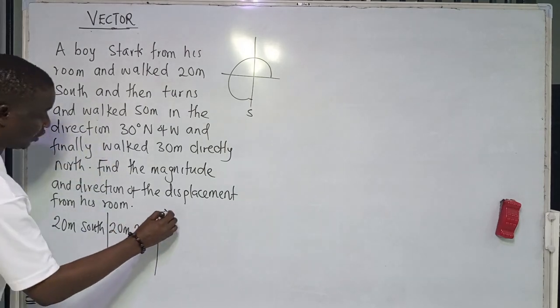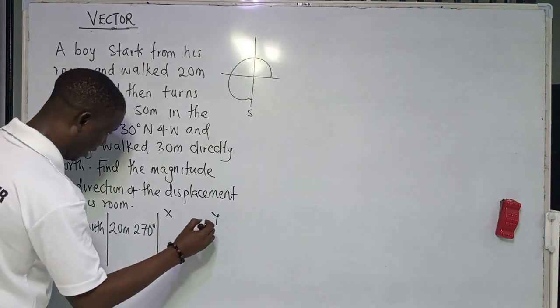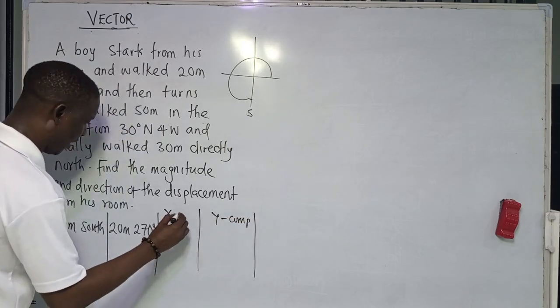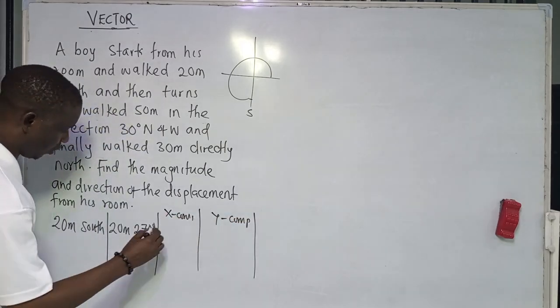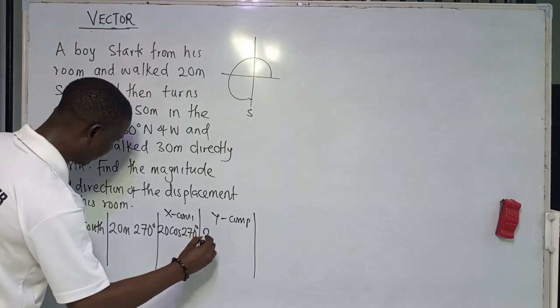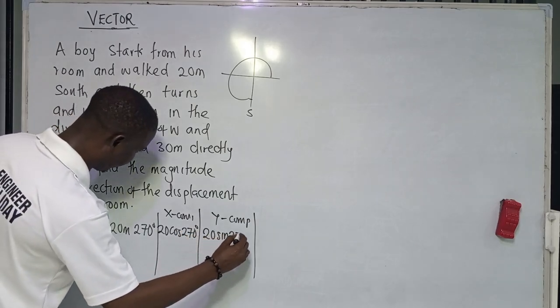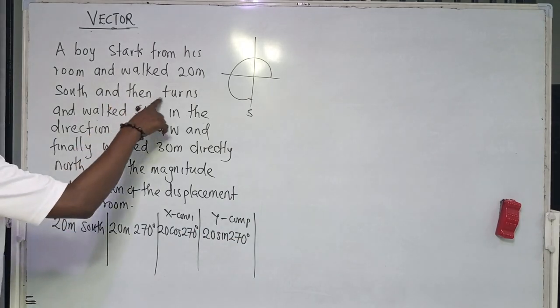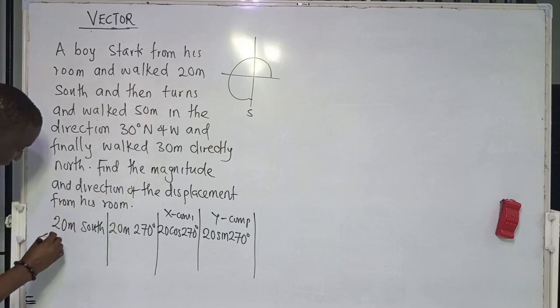If you want to resolve into x component and y component, how do you do that? The x component and y component of that would be 20 cos 270 degrees and 20 sin 270 degrees. Now the next thing is, and then turns and walk 50 meters